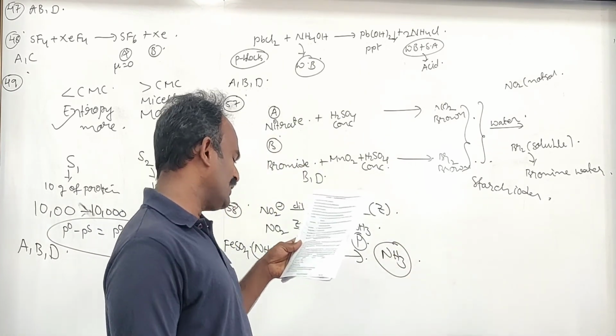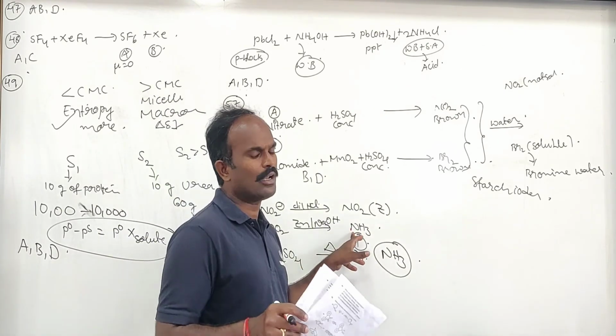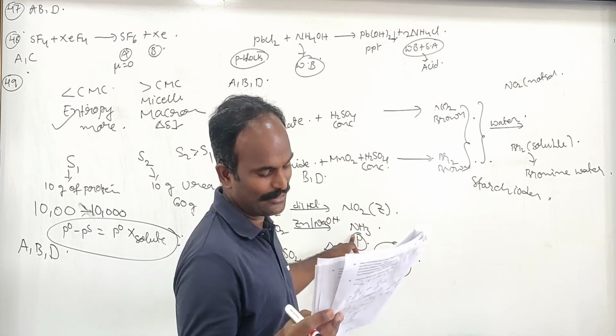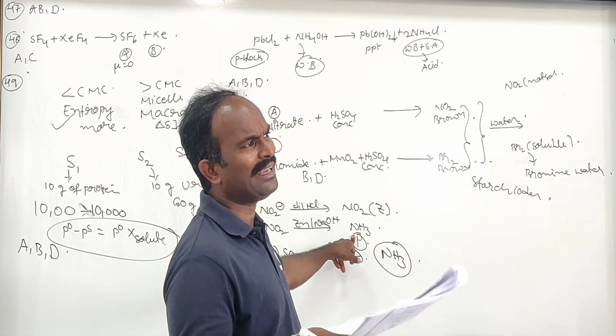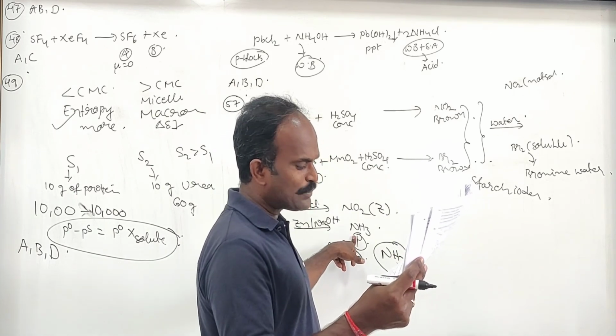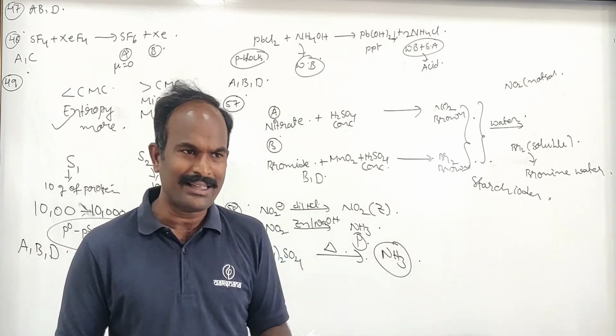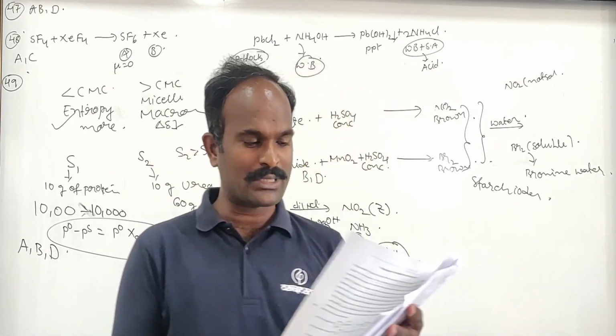Gas P is a neutral oxide of nitrogen which gives brown ring test. No, it is not a neutral oxide, it is a basic hydride, not an oxide. What is a neutral oxide? N2O is a neutral oxide, NO is a neutral oxide. Gas P is a water soluble gas. Yes, ammonia is a water soluble gas and it forms ammonium hydroxide.